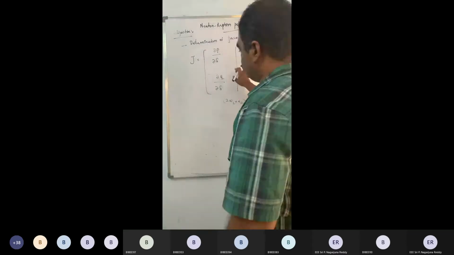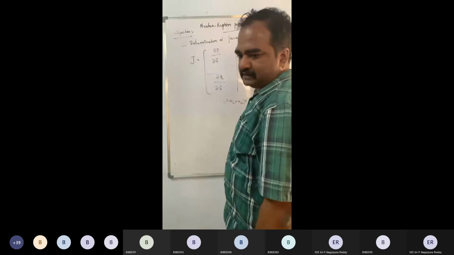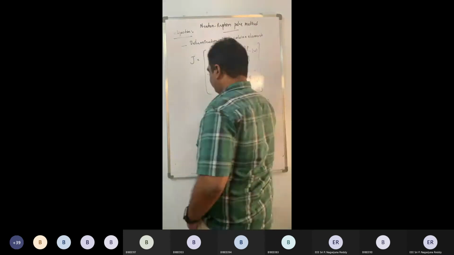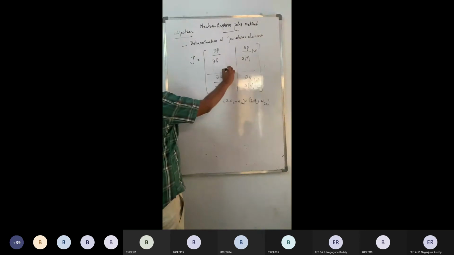Now, we will see how to derive the elements in each of these submatrices. So, first of all, before going further, let us note down the order of